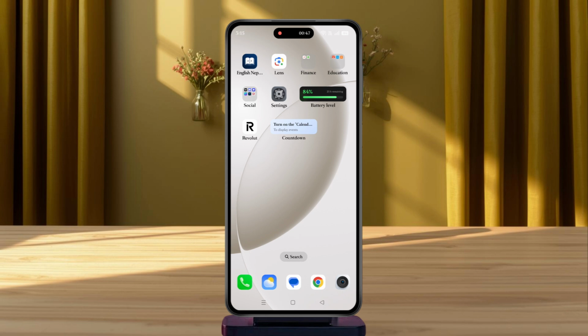And that's it! You've successfully added a calendar widget to your Android home screen, giving you quick access to your